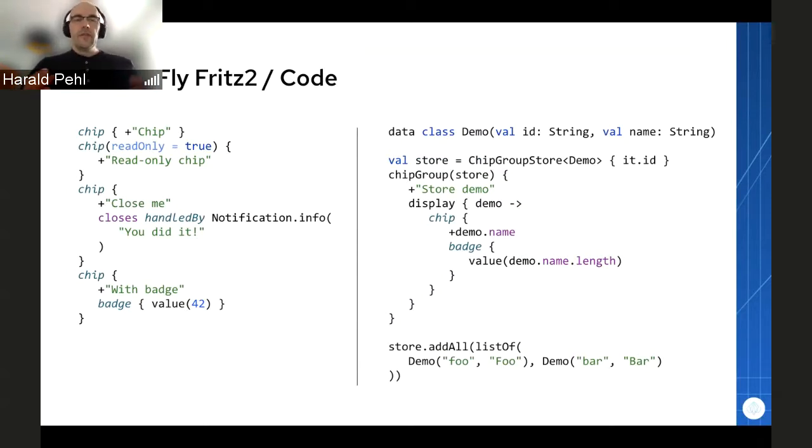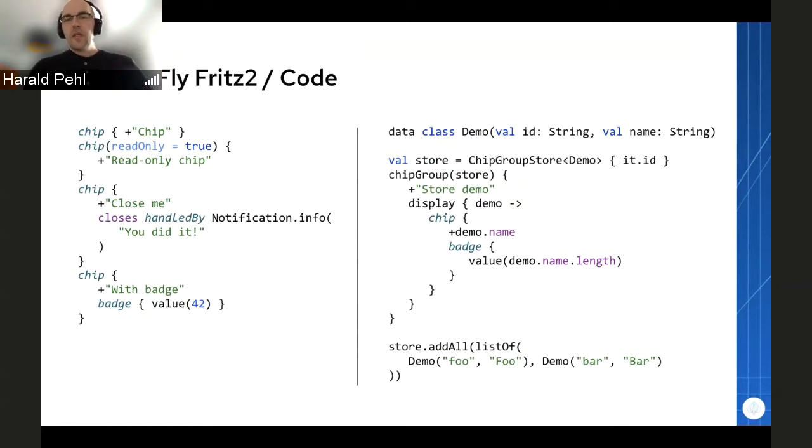And this DSL, or this domain-specific language, can include other components. Like if you want to have a badge in your chip component, there's another function which gives you that. And on the right side is a little bit more complex example. Here you can see the usage of a store. So most of the components in PatternFly Fritz 2 work with these stores to hold the data. And here you have a store which holds a custom class or a custom type, which is just a class